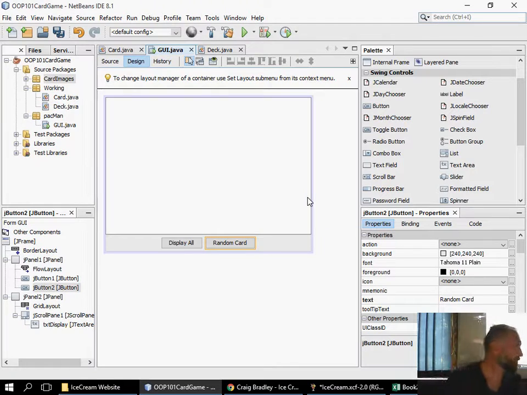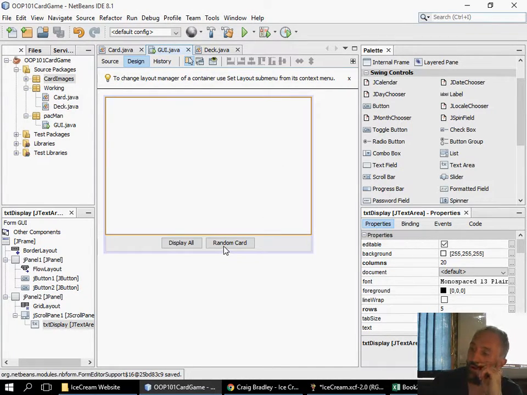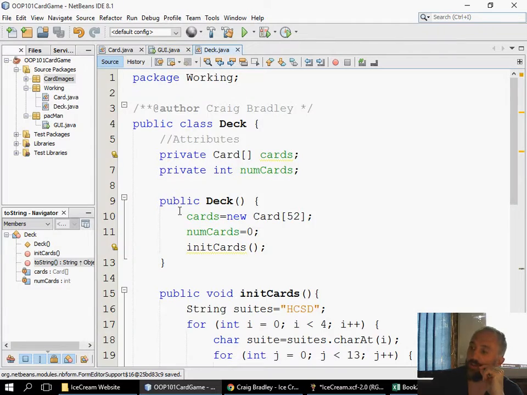Alright, so what will be happening is when I tap random card, to start off with I just want to display the random card, then I'll separate it so that I will actually display a random card on the left hand side. So we first want to get the random card working, so when I tap random card, I want to display a random card. So in my